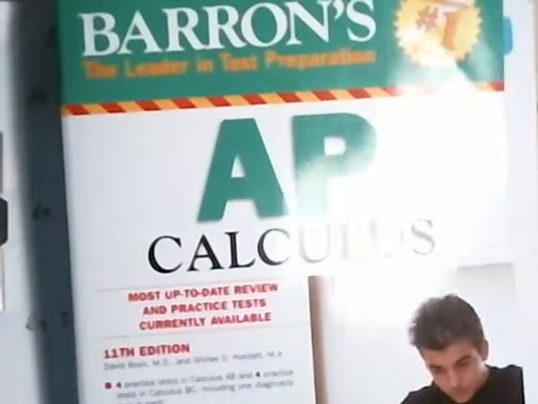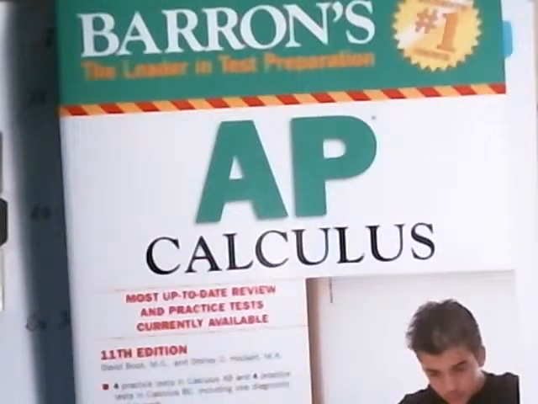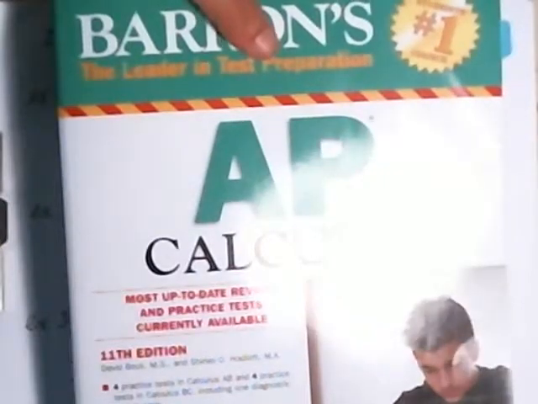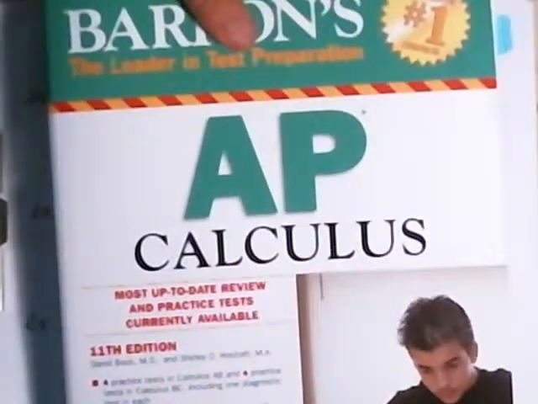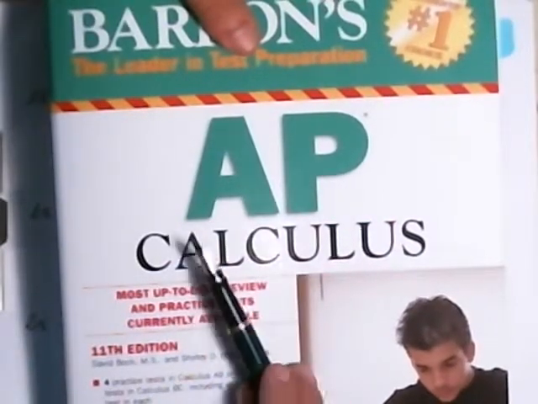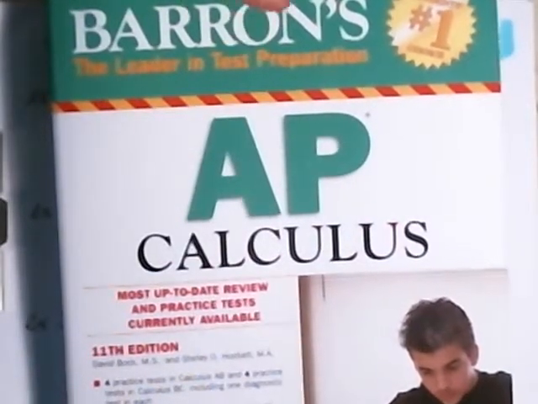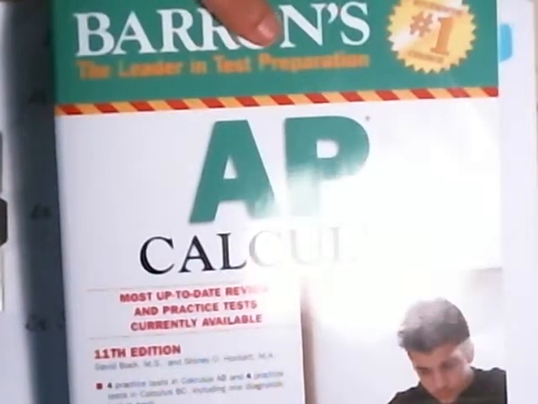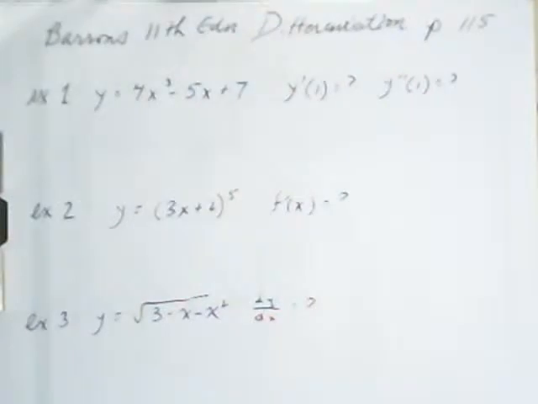It could be AP, AB, or BC. This is the one I use. Notice that I'm using the 11th edition. I started working with this book probably about the 6th or 7th edition. This is the best book out there for studying, so make sure you use this book when you're studying for the AP exams. So let's get started with